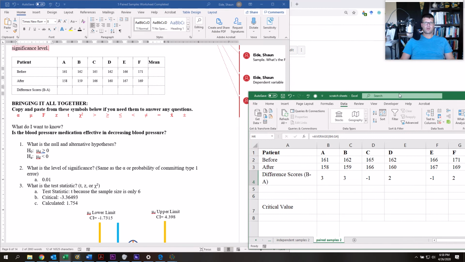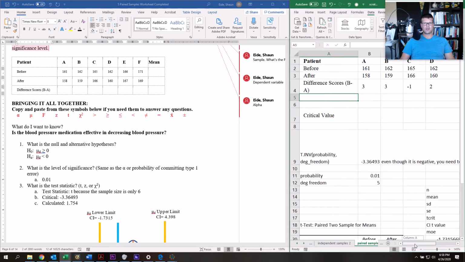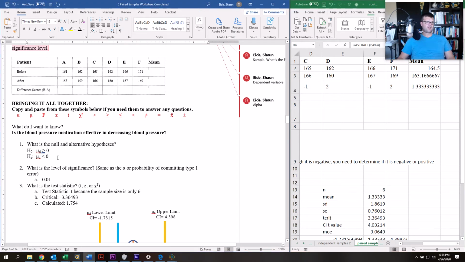So now I've got the average of before, the average of after, and the average of the difference scores. And so for our null hypothesis and for our hypothesis, there's only one of these 3 averages that we're actually looking at, and that is this mean right here, the mean of the difference scores. And so the null hypothesis right here says the mean of the difference scores for the individuals